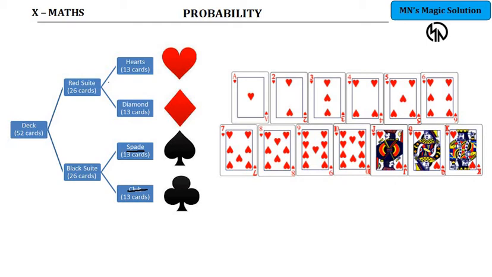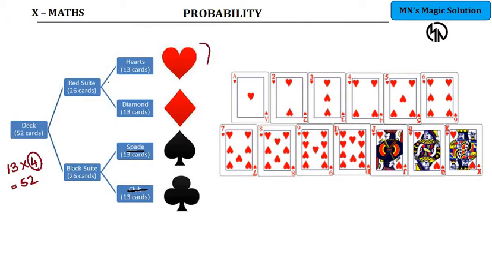Hi students, in today's session we are going to learn about the sample space related to playing cards for probability. Playing cards consist of totally 52 cards. It is a set of 4 types of cards, each having 13 in it. So 13 into 4 sets gives you totally 52 cards. And the 4 sets are basically this.